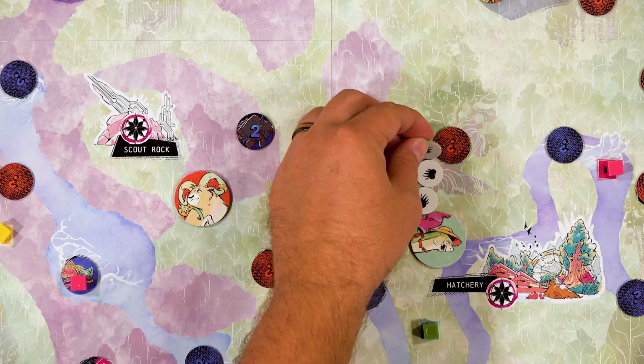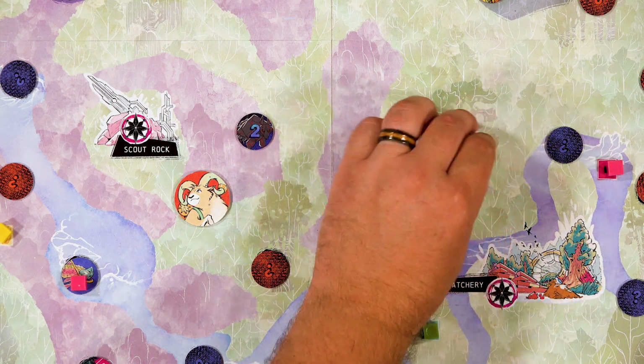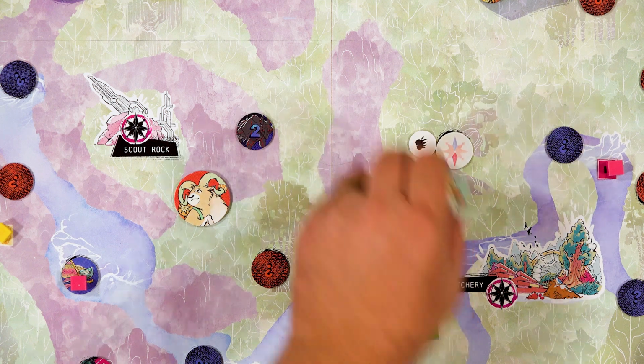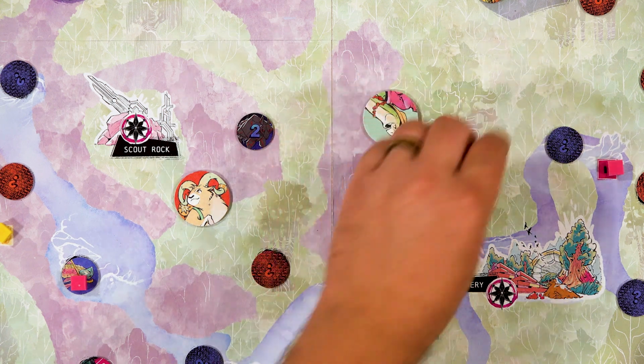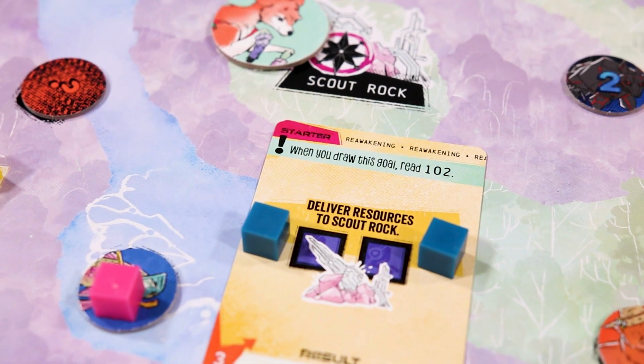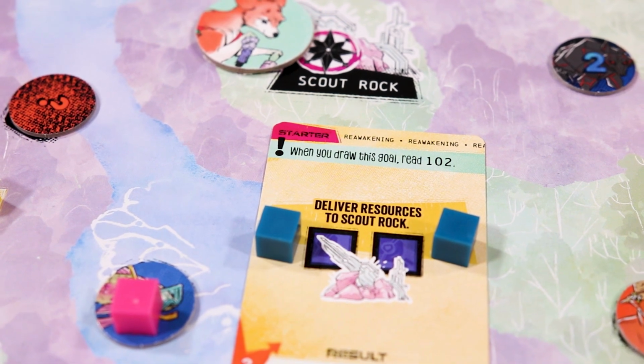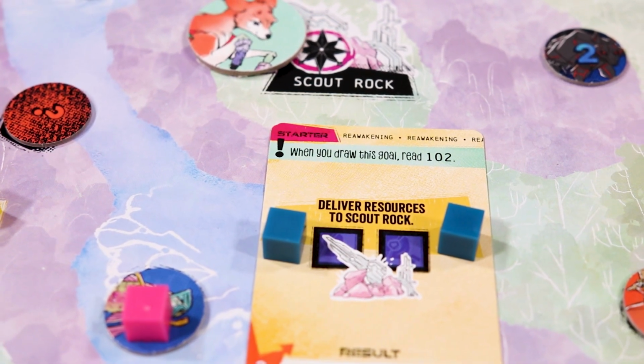If when placing a track or your scout token you overlap with an encounter token, you can reveal it. At times, these tokens will provide story elements, characters to interact with, and resource spaces. Players will always be working on at least 1 mission, and they will need to complete 4 missions to win the scenario. For example, the starting mission, Reawakening, requires you to get 2 of the rare blue resources to Scout